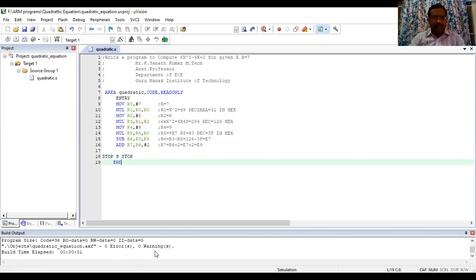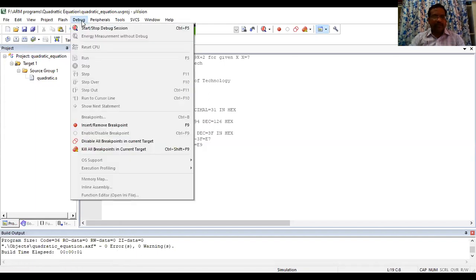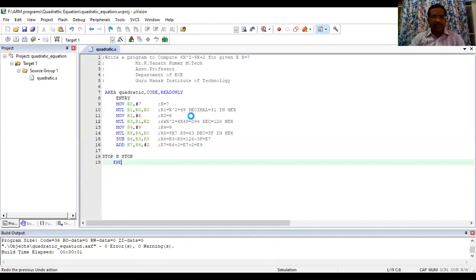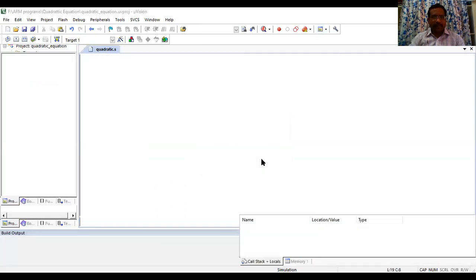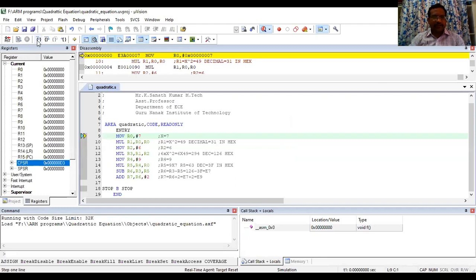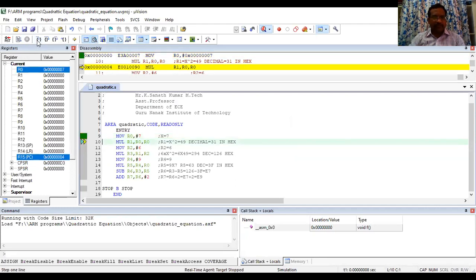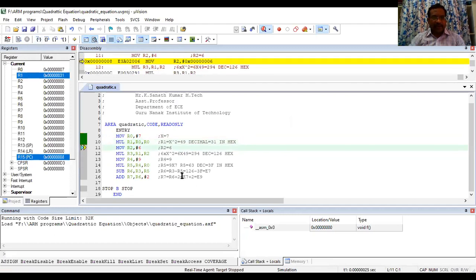So you are getting 0 errors and 0 warnings, and go to debug, start or stop debug. Okay. And you can see this step by step. Suppose the first step, R0 you will get into 7, and next you are multiplying R0 and R1.